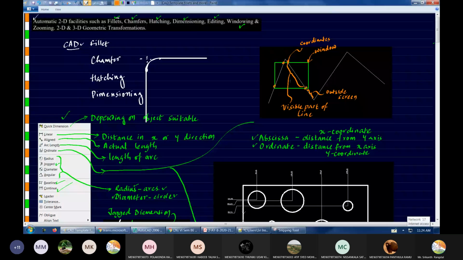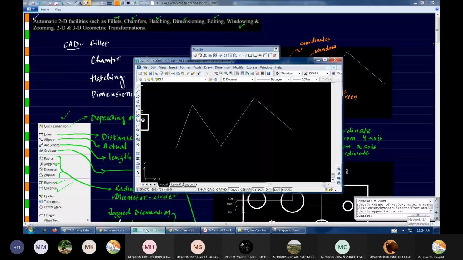The same goes for any object. Even sometimes we will be drawing a circle. Let me draw a circle big enough. When we zoom in, only part of the circle will be visible, so it has to draw only this part on the screen. It doesn't have to draw the part which is not visible. If it keeps drawing the parts which are not visible, a lot of memory will be used, and there may be some lag when you are using the software.